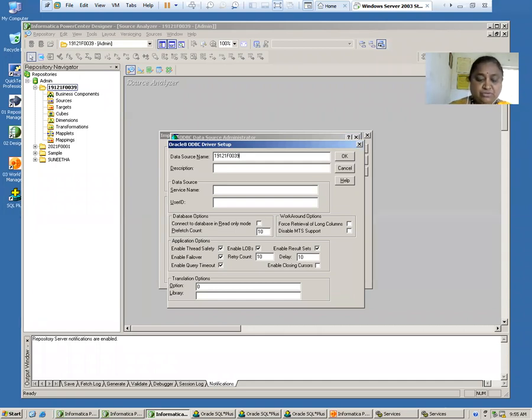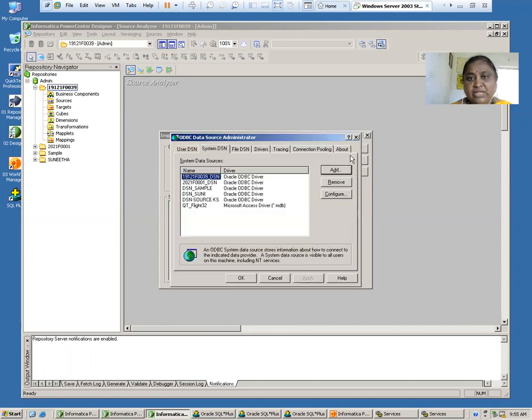So this name should be created one time, and you will be using it for all the remaining experiments. For every experiment, there is no need to create the DSN. The first time when you are starting your mapping, you have to create your DSN. Once the DSN is created, you can use the same DSN for all the programs, right? So you go for having your own DSN, and the service name you have to give as Oracle, and your user ID is as usual Scott, and you click on the OK button.